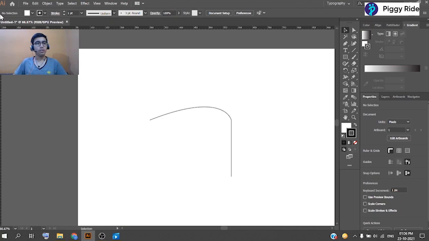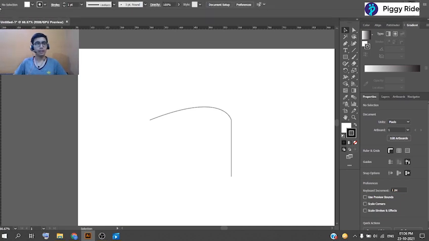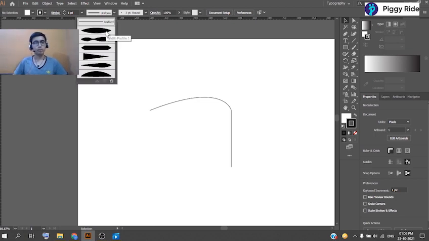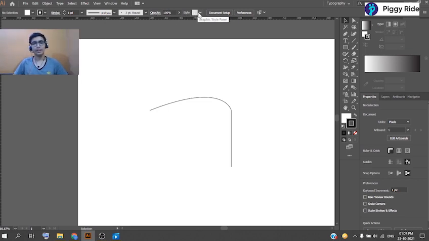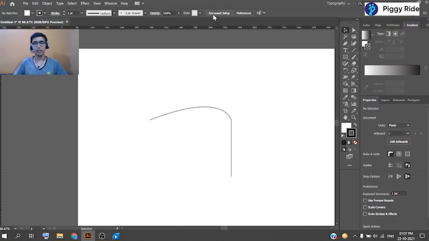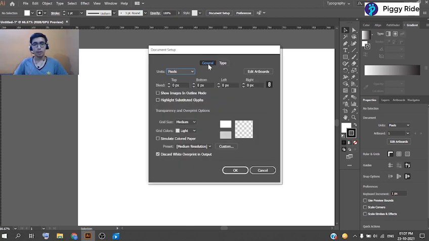With that, we have a panel here that contains our color, stroke, different kinds of strokes, and with that the roundness of stroke, opacity or transparency we can say, or the styles or preferences. To set up our software, we can set up from document setup. We can adjust the bleed, grid size, grid color, or transparency.